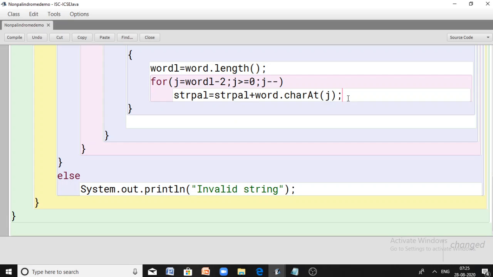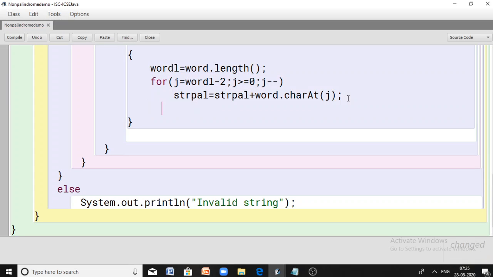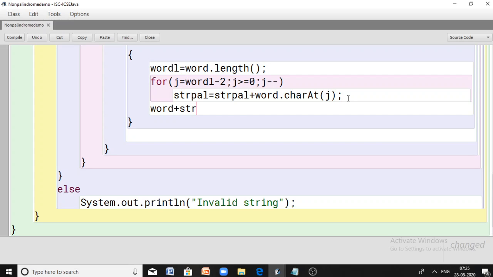Right? And then what I do is, I find the reversed form and concatenate it with the original word. Then that concatenated word should be added to the final sentence. So str final equal to str final plus one space, then your palindrome form of the word. You are concatenating with the original sentence or final sentence.